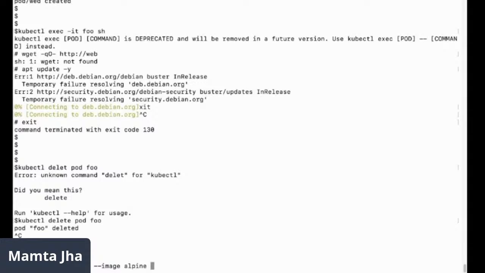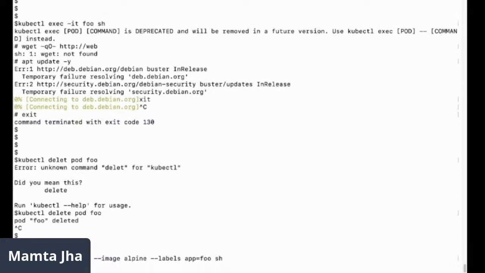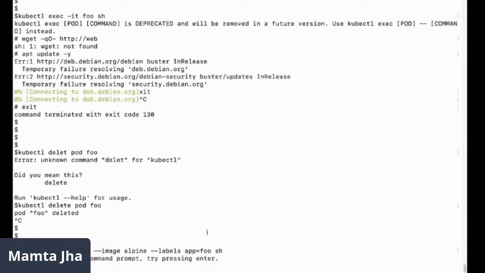And I would give image of Alpine so that I would be able to send packets using wget. And what else do I have to give? Label. And I will give a name. No, I've given the name as foo already. So I'll say sh. So the rule is applicable on this pod. And from this pod, we should not allow any packet to go out.